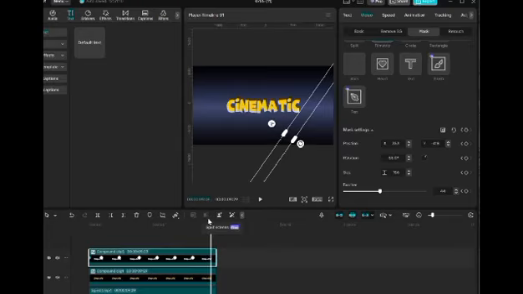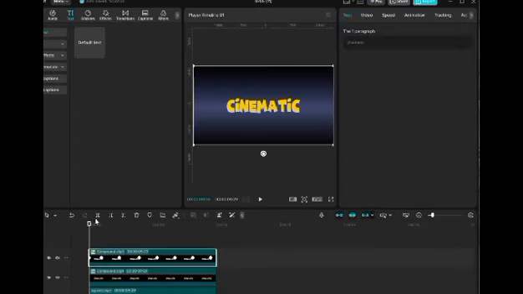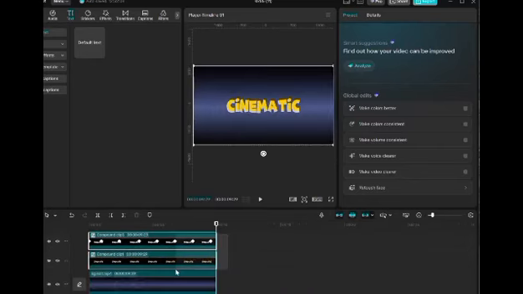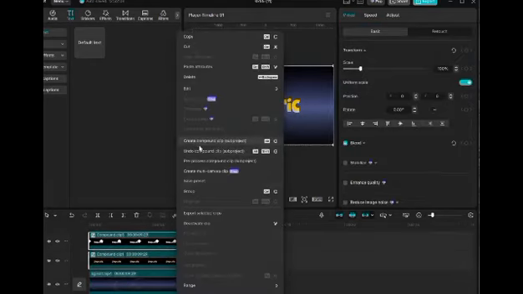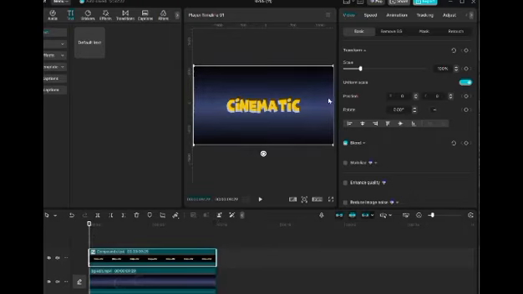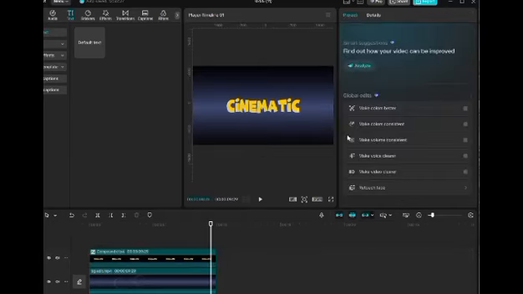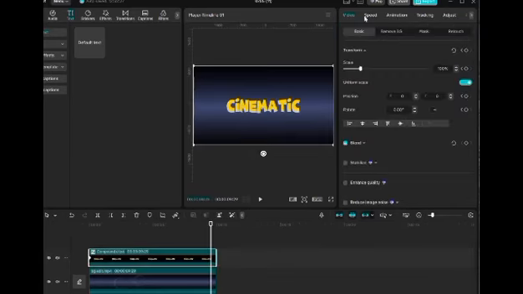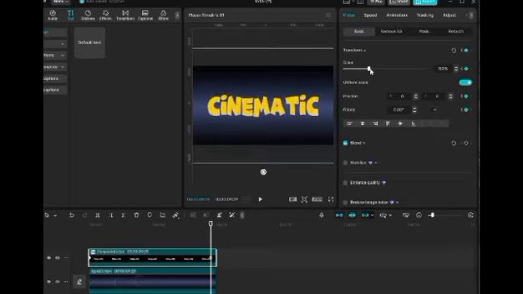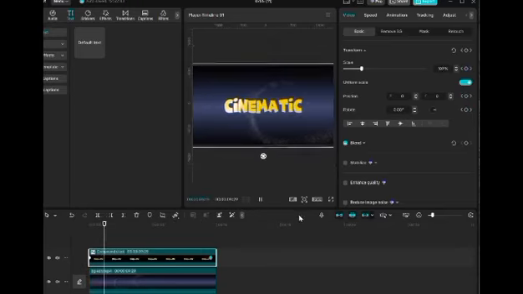And now, guys, these two cinematic texts, I mean this one, the two, we're going to compound clip this one, the default text. And okay, now let's add a keyframe again in the beginning and go to the end. Okay, then we're going to put a keyframe and make it bigger like this. Okay, and that's it.